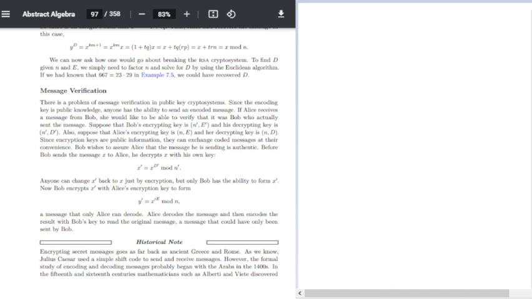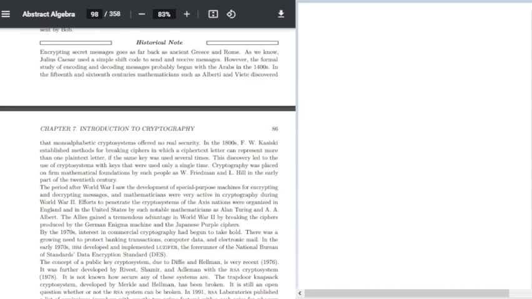Historical note. Encrypting secret messages goes as far back as ancient Greece and Rome. As we know, Julius Caesar used a simple shift code to send and receive messages. However, the formal study of encoding and decoding messages probably began with the Arabs in the 1400s. In the 15th and 16th centuries, mathematicians such as Alberti and Vieta discovered that monoalphabetic cryptosystems offered no real security. In the 1800s, F.W. Kasiski